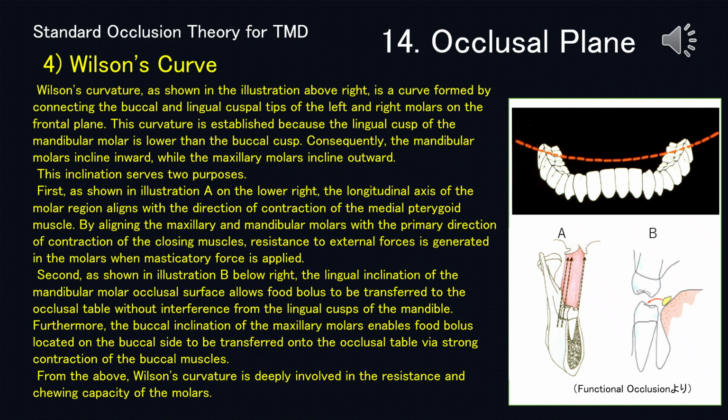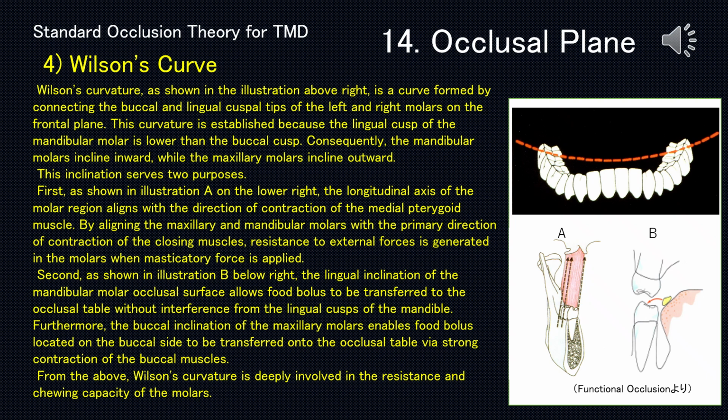4. Wilson's curve. Wilson's curvature, as shown in the illustration above right, is a curve formed by connecting the buccal and lingual cuspal tips of the left and right molars on the frontal plane. This curvature is established because the lingual cusp of the mandibular molar is lower than the buccal cusp. Consequently, the mandibular molars incline inward, while the maxillary molars incline outward. This inclination serves two